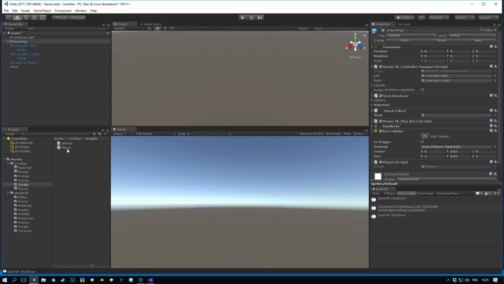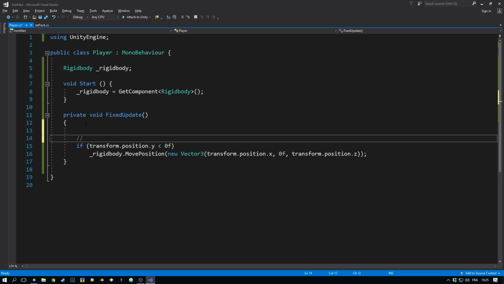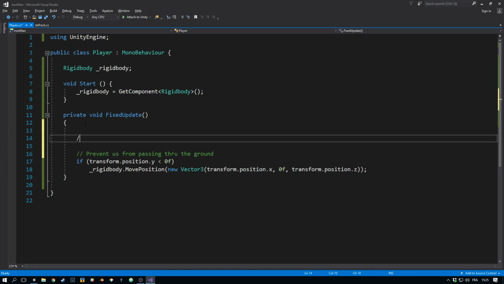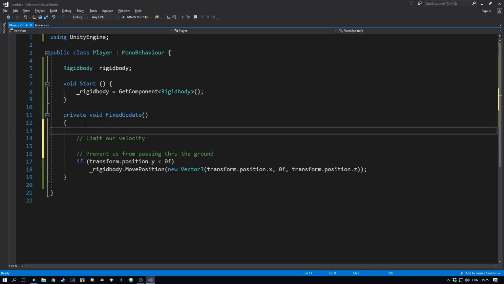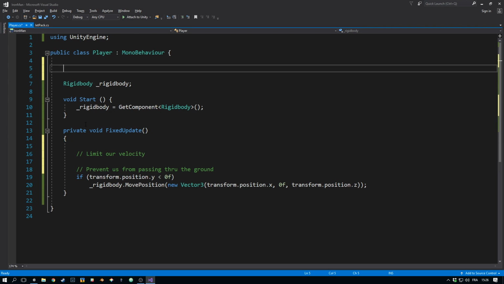Next we want to limit the velocity. So let's go back to our player script and let's comment this out. So it's good command, prevent from passing through the ground. And then let's say limit our velocity. And I'm going to create a variable for this. Let's call this public max velocity